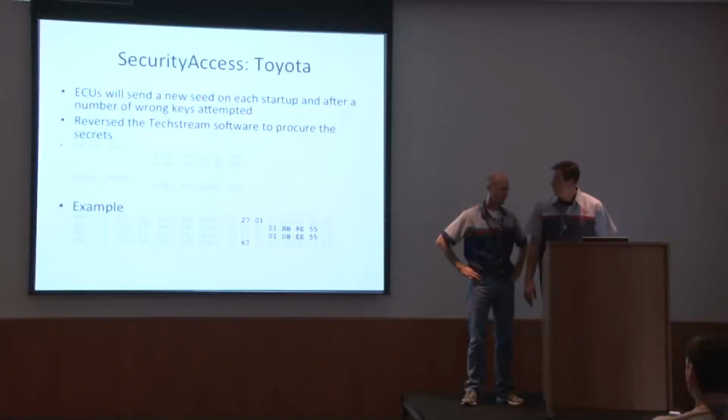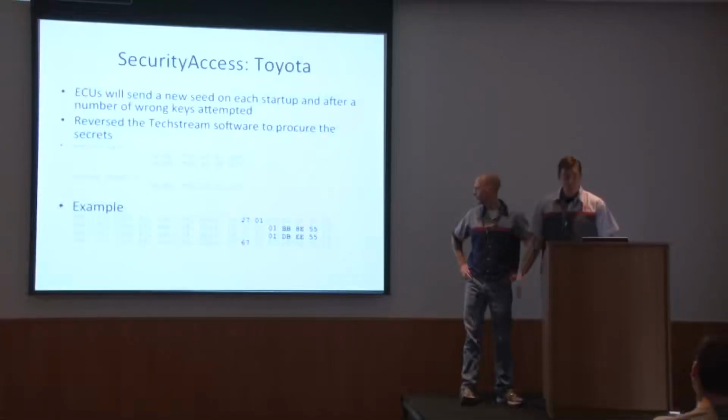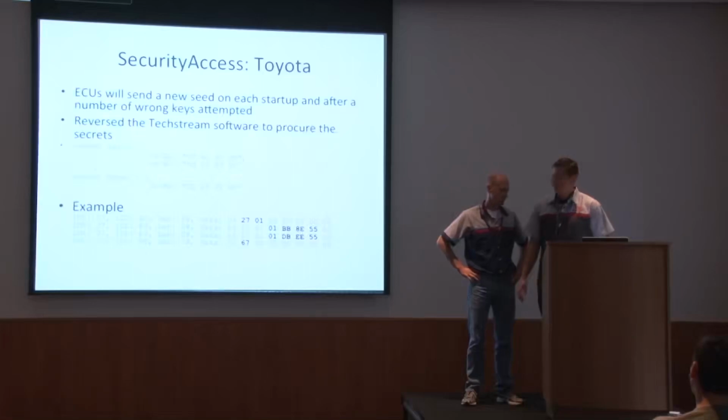The same went for the Prius. There are a few more keys for Toyotas, Lexus, and Scions, but generally speaking, for the updatable ECUs in my car, it was a simple XOR operation with one of these 2 keys. We reversed that right out and boiled it down to make it easy. So if you check out our tools and the paper, we show you if you want to do security access for Toyota, Lexus, or Scion. There you go.